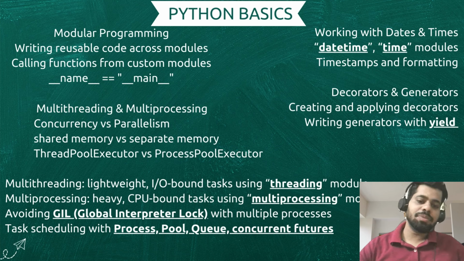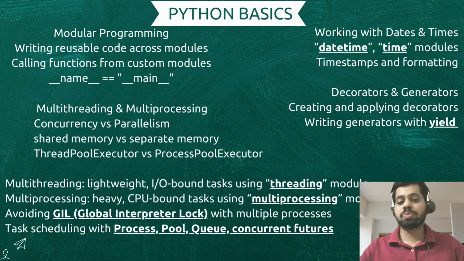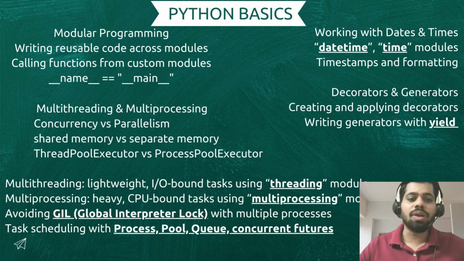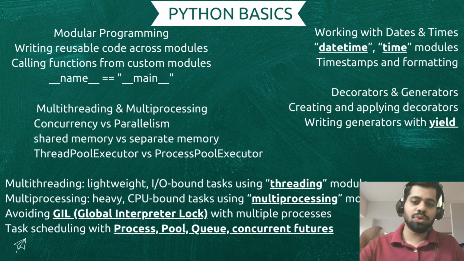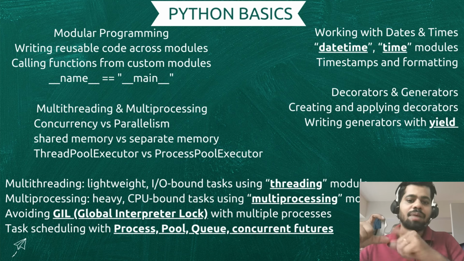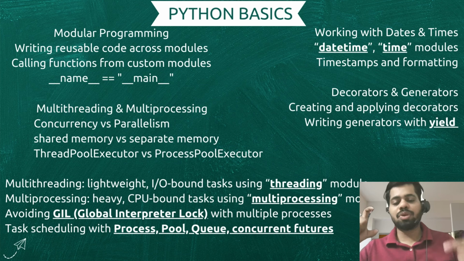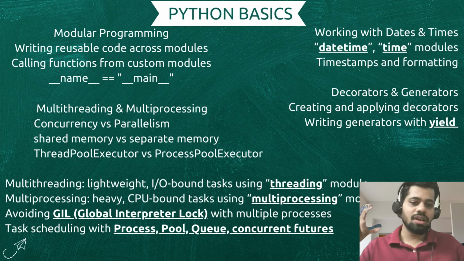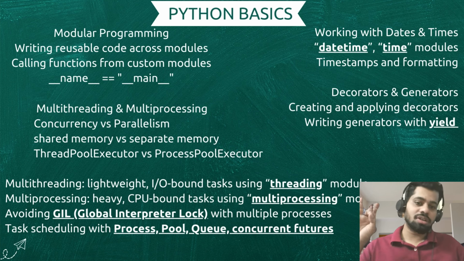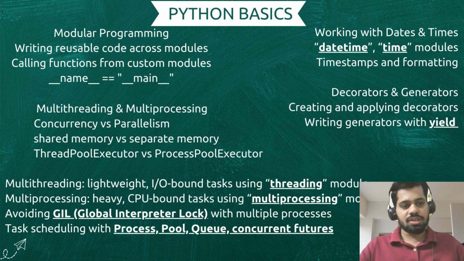Multi-threading basically means when you are doing any I/O bound task like downloading files, reading anything from disk, or waiting for network responses. At those places you can do multi-threading. It uses multiple threads within one process, and they share memory between them. We'll have one process, one function, with multiple threads, and they share the memory. That is multi-threading. While multi-processing is good for CPU bound tasks, like data transformation or model training,